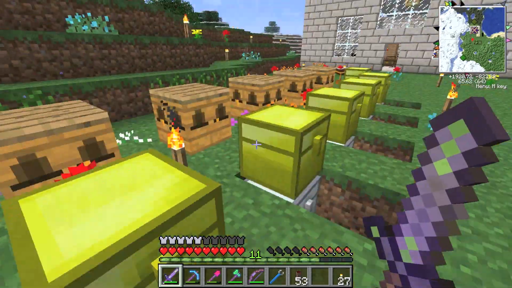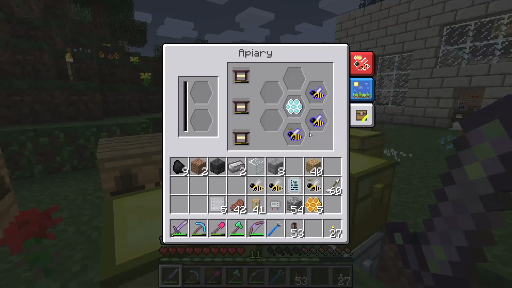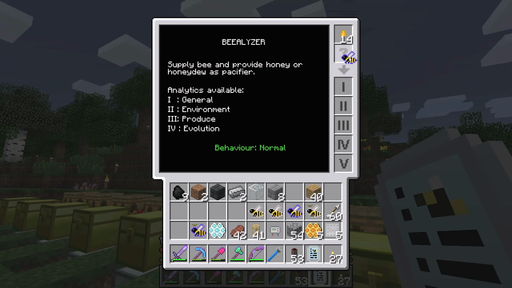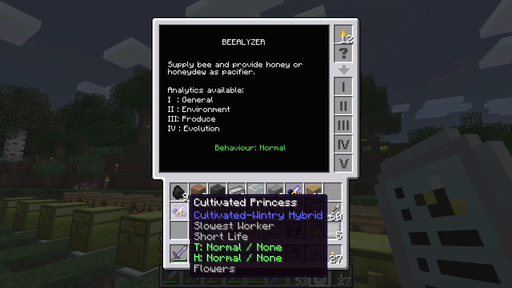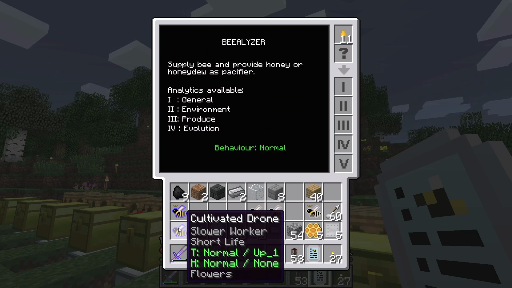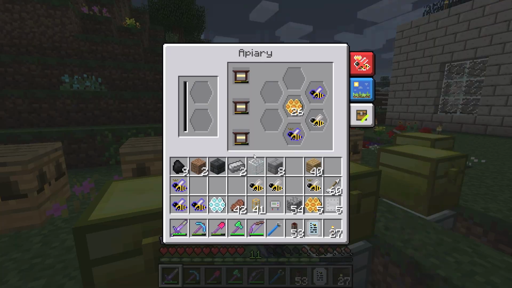You're not quite done, but you're really close, so we'll start over here. These were cultivated wintry, because you can see the frozen comb in there. Let's see what they are now. Cultivated wintry. Okay, well, we got 1 pure cultivated drone out of that, so that makes me hopeful for the other...